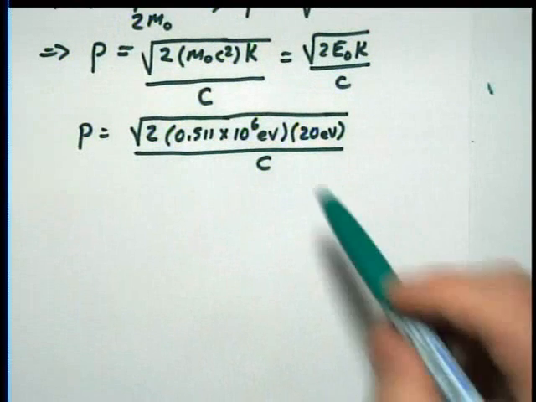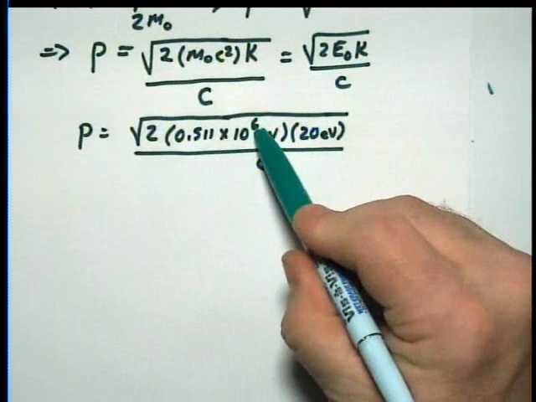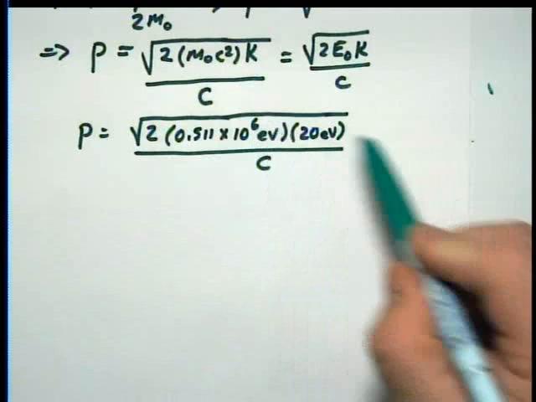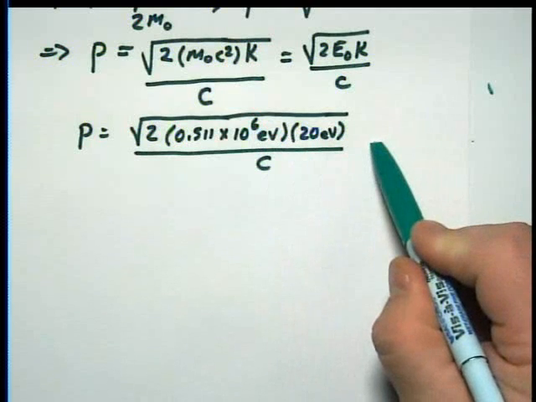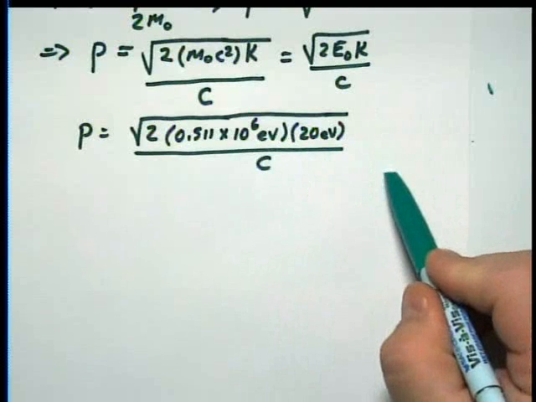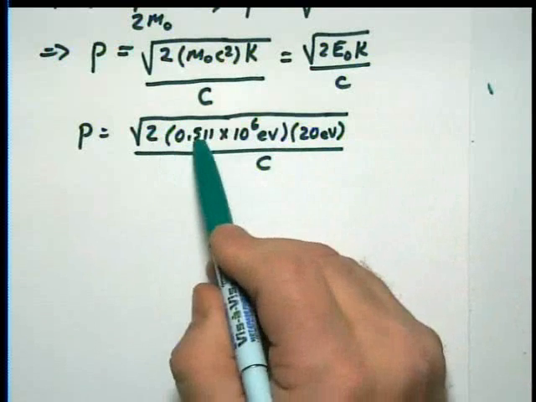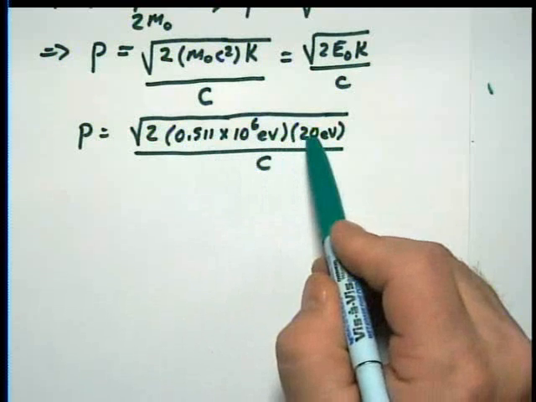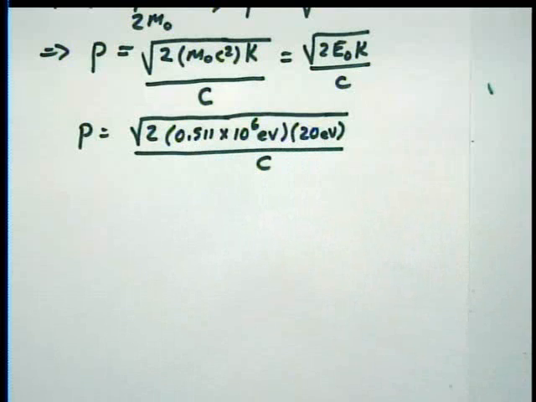I chose to put this as an even power because the square root will simply divide the exponent by 2. So that means there's going to be 1,000 coming outside here. If I take that 1,000 out, I get keV per c. I get 2 times a half, that's about 1, times 20. So I'm looking at about the square root of 20, a little more than 4, so it's about 4 keV